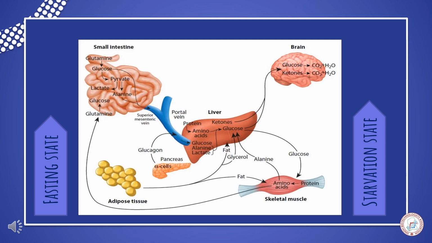And in the fasting state, the brain tries to utilize glucose more. But in the starvation phase, when the condition gets more worsened, like after 72 hours, when we talk about days, ketogenesis will be more. So in the starvation phase, our brain is dependent mainly on ketone bodies, not glucose.